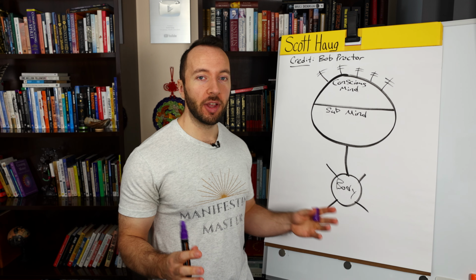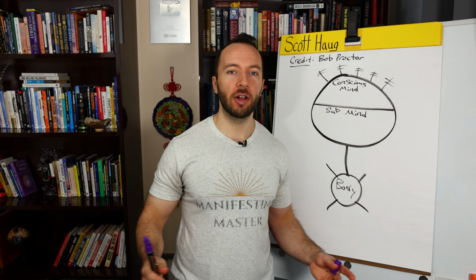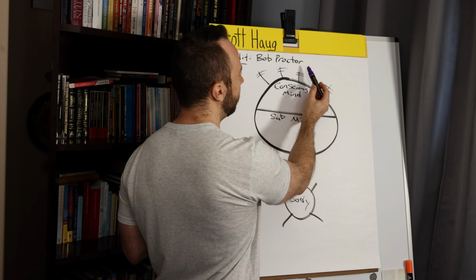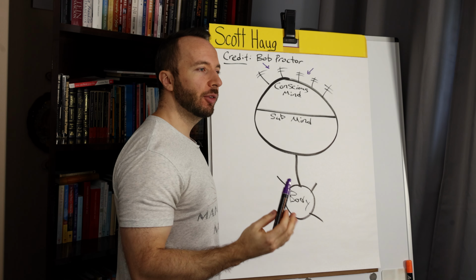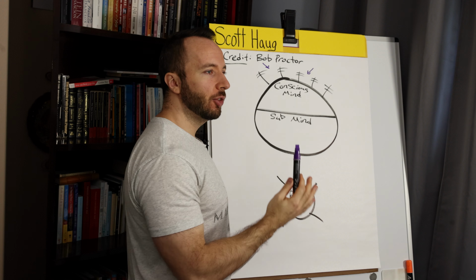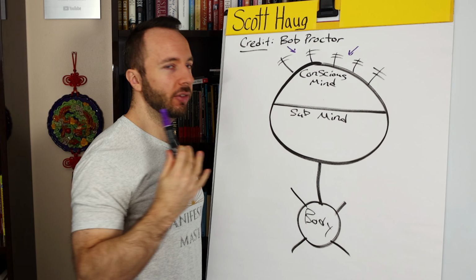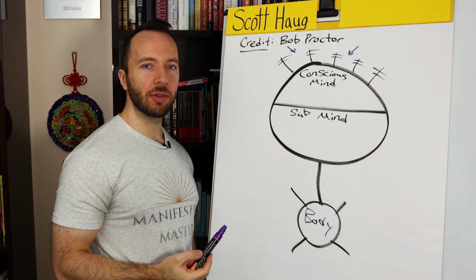Why Bob Proctor loves this diagram so much is it explains all the self-help material out there, all the personal development, how to change your life. It explains it all. Because what happens is we get data in from the senses. Oh, I looked at my bank account and I have a certain amount of money in there. Oh, I went down the street and I saw this car that was blue, right? I see things, I hear things, I smell things, and it comes into data into the conscious mind.